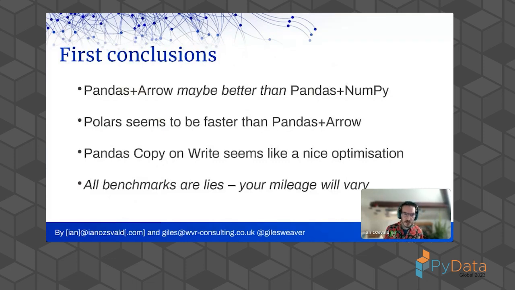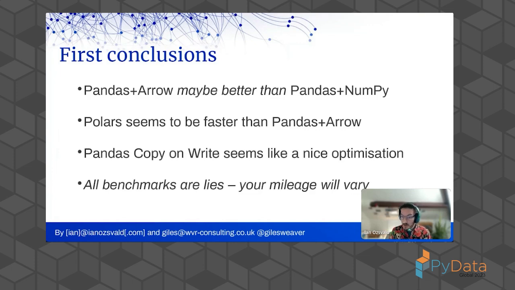So some first conclusions. Pandas and Arrow may be better than Pandas and NumPy. Some things are definitely better. If you're using strings, you almost certainly should at least mix and match: NumPy for the regular types that you're used to and Arrow for strings in Pandas. You just get benefits all around, and Dask is moving in that direction already. You should just do that. There's probably no good reason to stick with Python strings, the old way of handling it in NumPy. Or you could just go full on Arrow, but then some operations like that group by, maybe they're slower for you. You'd have to benchmark those yourself.